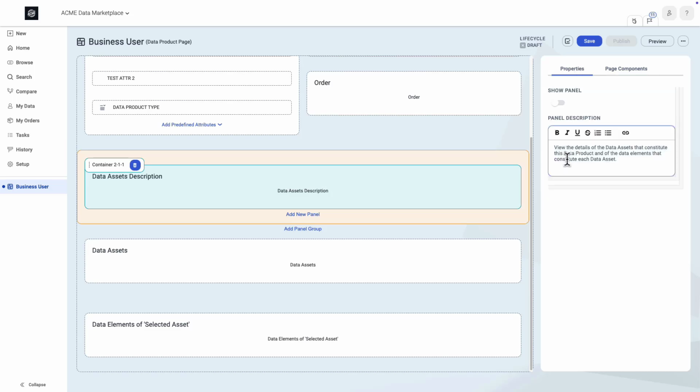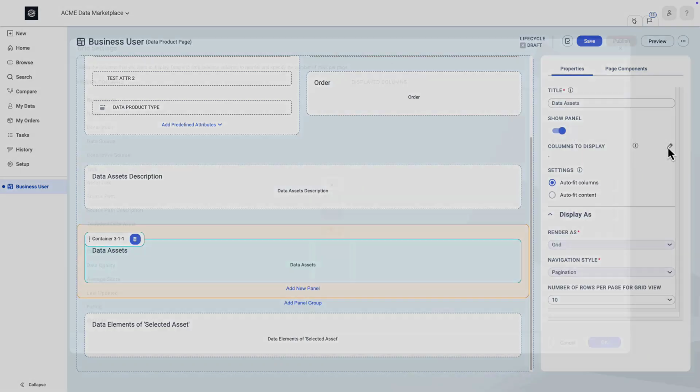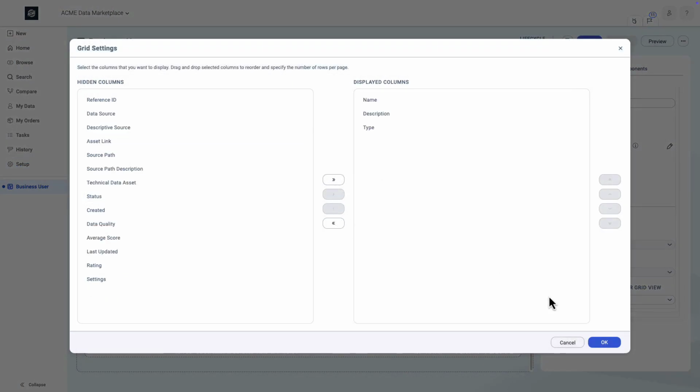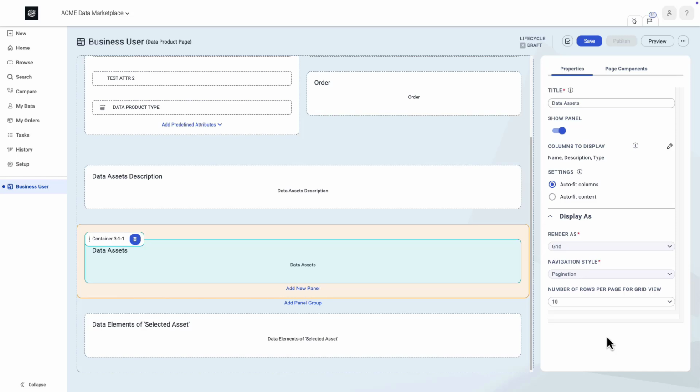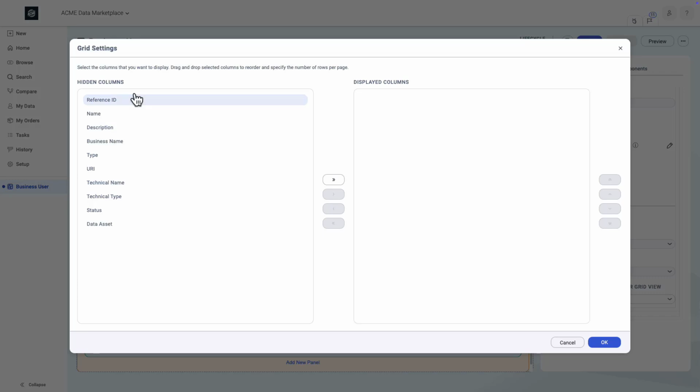She can then input her own text to describe her company's vision of what a data asset is and how it should be utilized directly on the page. As the data asset and element panels represent tables, she must also choose which columns should appear in these. In keeping with her pared-back view, she keeps things very light, only showing 2 or 3 columns in each table. Users will still have the option to bring in more if they so wish, but this will be their initial